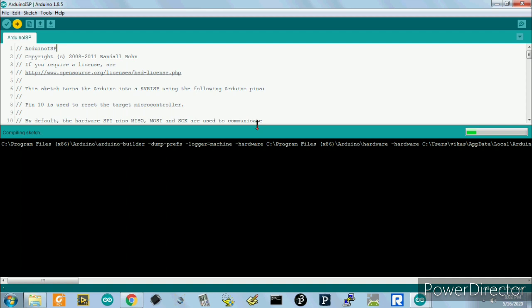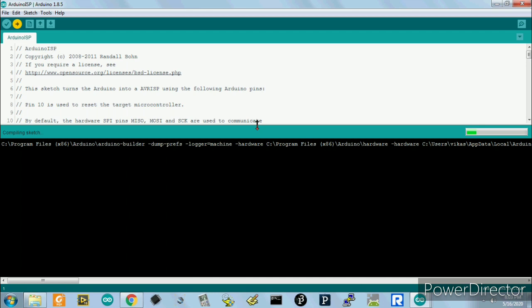Here I am focusing on the Atmega 8 because the pinouts of the Atmega 8 and Atmega 328 are the same. If I consider the Atmega 16 or 32 or ATtiny 2313, they are different, and that's why I am going for the Atmega 8.